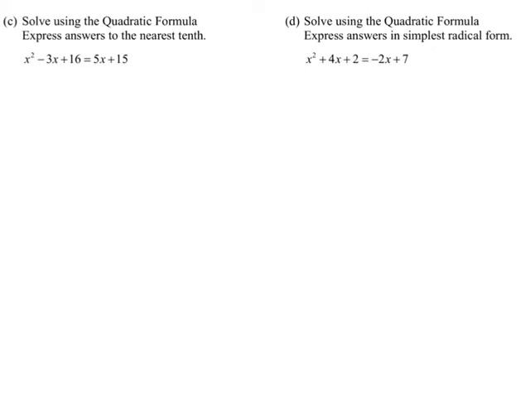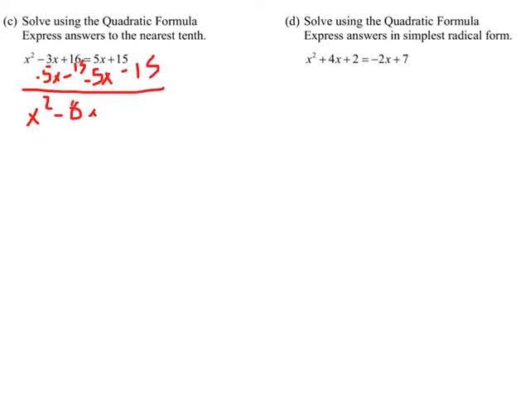All right, letter C is going to be our quadratic formula. But once again, you have stuff on the other side. It is not set equal to 0. Therefore, we must move it first. So we got to move 5x over, minus 5x both sides, and a minus 15. When I do that, I get x squared minus 8x